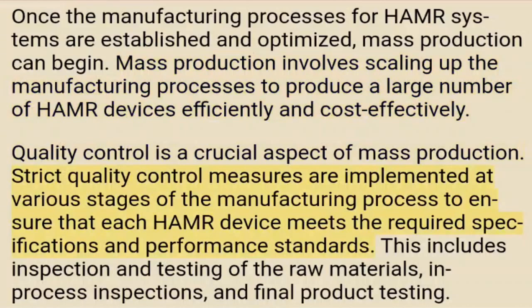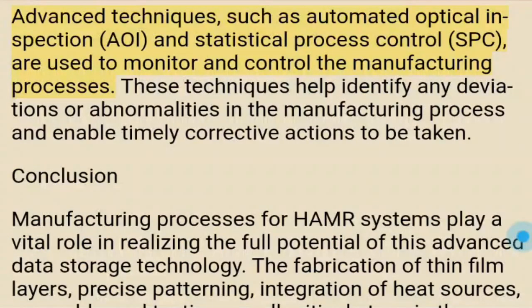Strict quality control measures are implemented at various stages of the manufacturing process to ensure that each HAMR device meets the required specifications and performance standards. This includes inspection and testing of the raw materials, in-process inspections, and final product testing. Advanced techniques, such as automated optical inspection (AOI) and statistical process control (SPC), are used to monitor and control the manufacturing processes. These techniques help identify any deviations or abnormalities in the manufacturing process and enable timely corrective actions to